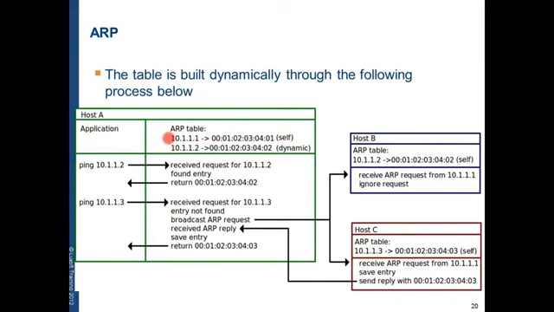We have IP 10.1.1.1 with its MAC learned, and another entry which is learned dynamically, and it's for IP 10.1.1.2 with its remote MAC. We see here that this IP refers to host B, and